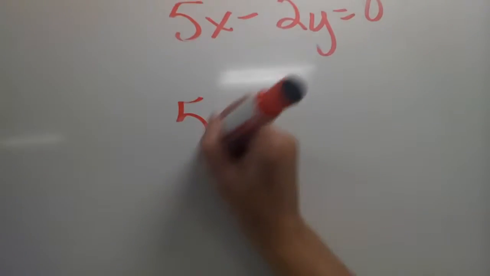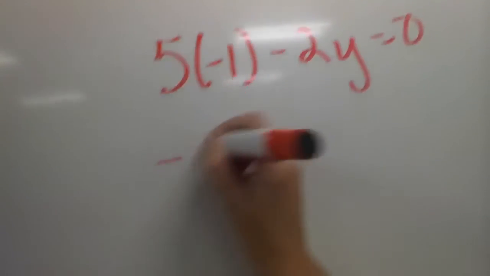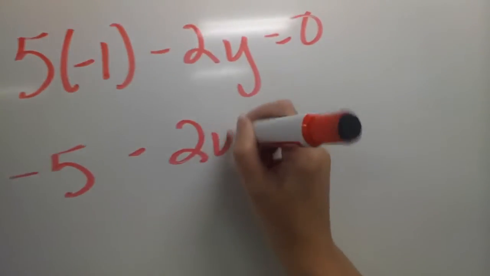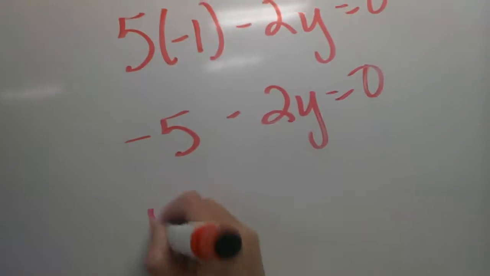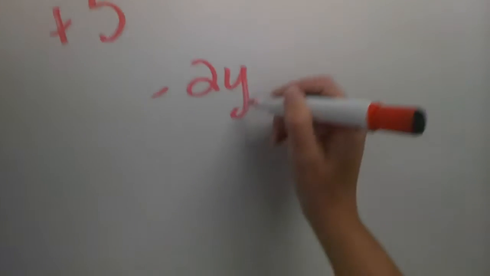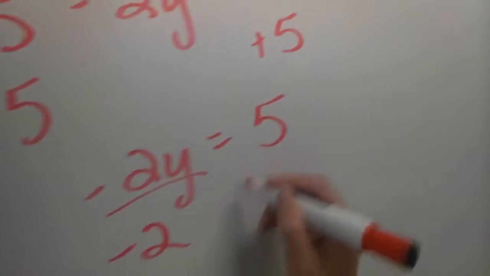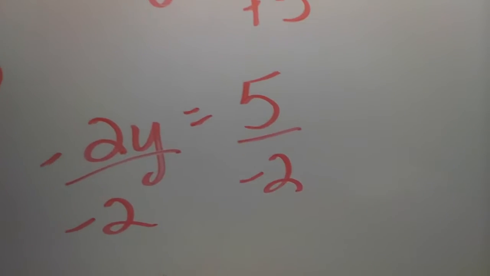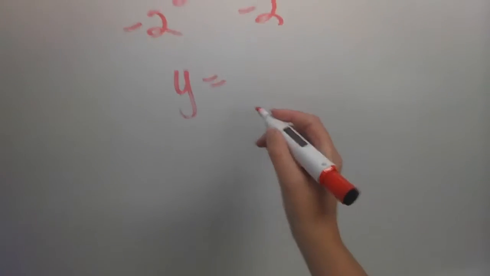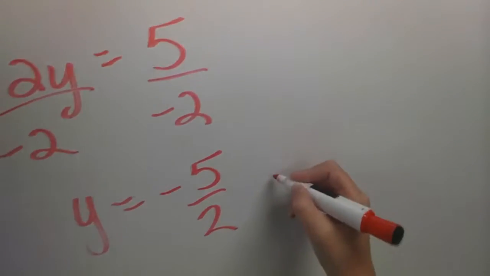So 5 times negative 1 minus 2y equals 0. Negative 5 minus 2y equals 0. Plus 5, negative 2y equals 5. Divide by negative 2, y equals negative 5/2,